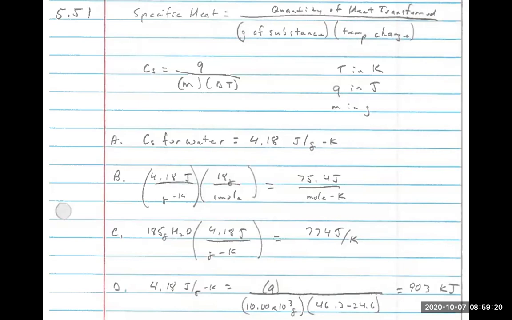So your grams cancel. And then D is, how many kilojoules of heat are needed to raise the temperature of 10 kilograms of water, 24.6 to 46.2? So on this one, it's the same formula, but there's a couple of things we have to